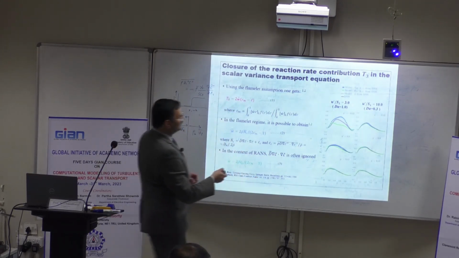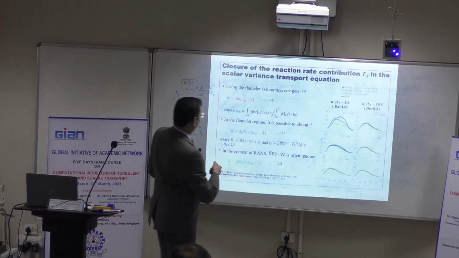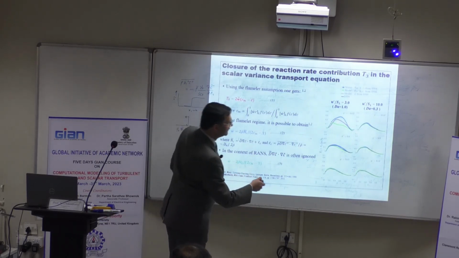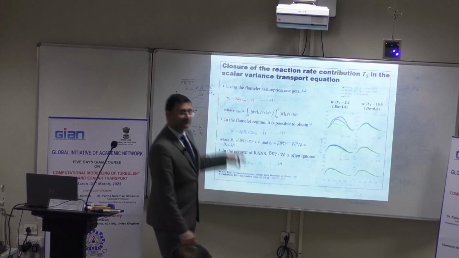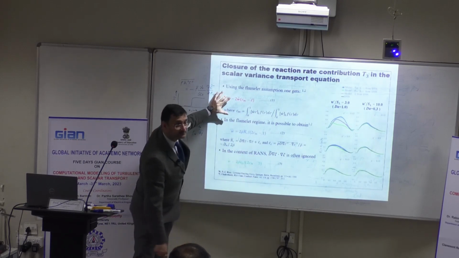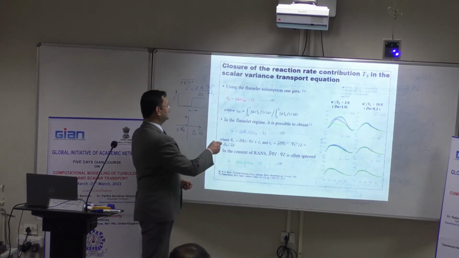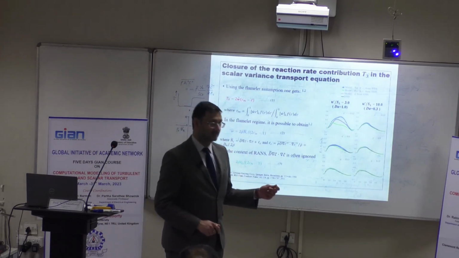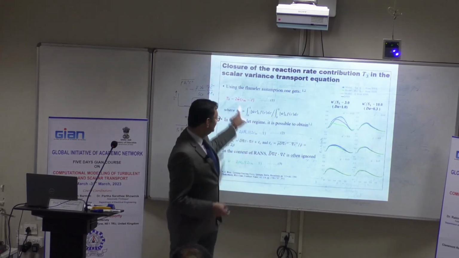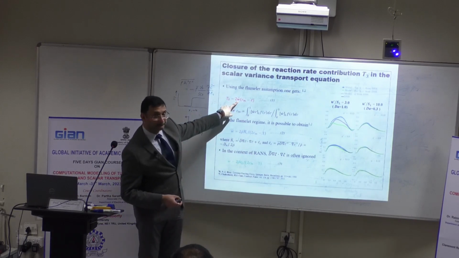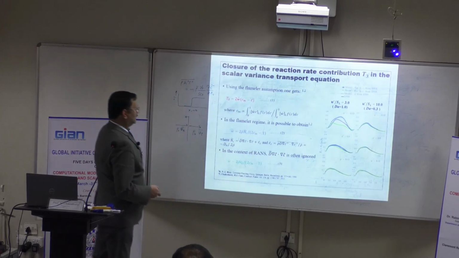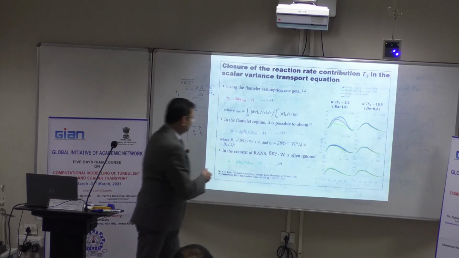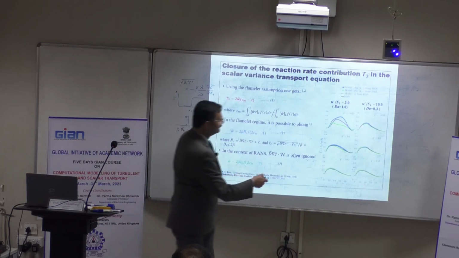So if you look at DNS and this one, they are inseparable. So this simplification is possible. But please note this term, the mean reaction rate term, is an unclosed term. In actual RANS simulation, I need to put a model there. Okay. If I put this